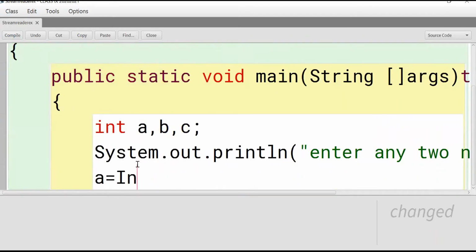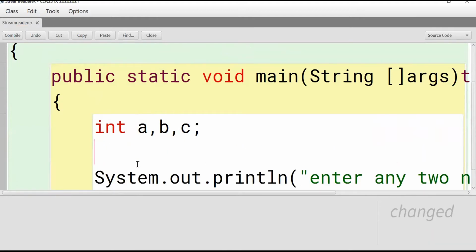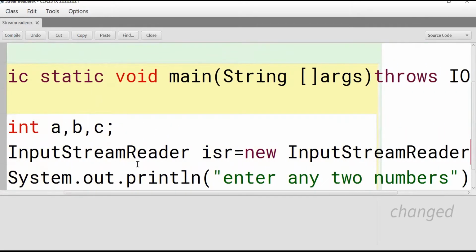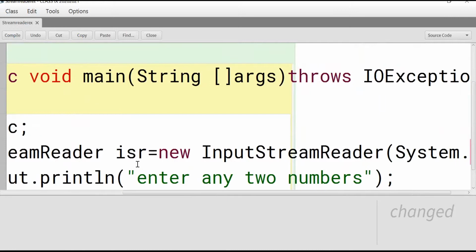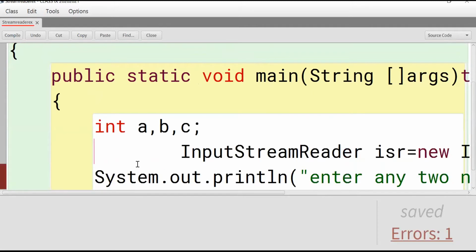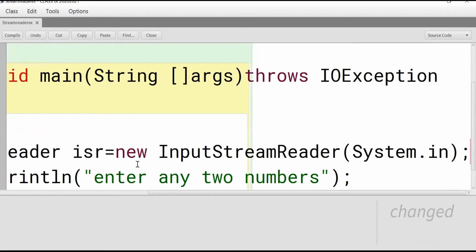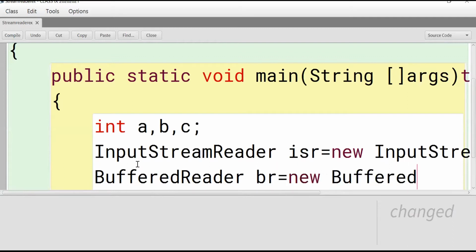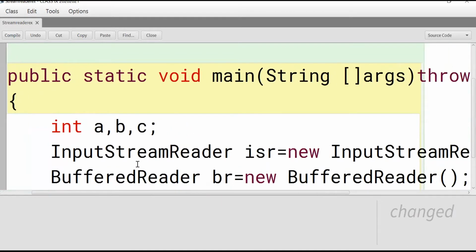See here, a is equal to, we have to use the BufferedReader syntax. InputStreamReader, isr is the object name, new InputStreamReader(System.in). BufferedReader with capital B, br = new BufferedReader(isr).